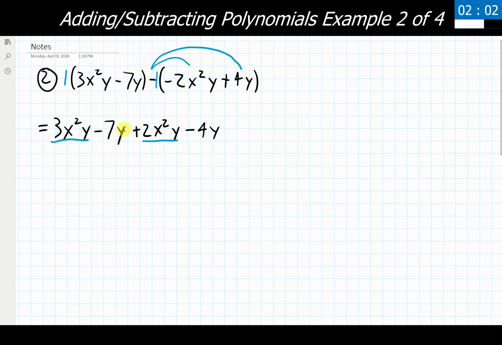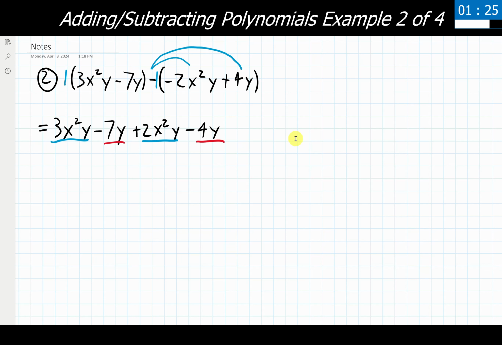Well, I have a y here and a y here. Now both of these have y's, and my two blue underlined ones also have y's, so wouldn't they all be like terms? Not exactly. These two that have the blue underline, they also have an x squared attached to them. So while they all have y's, these two have an x squared with them, so those are like terms, and then the terms that only have y's are going to be like terms as well. I'm going to go ahead and underline those in red just to show that they are different.